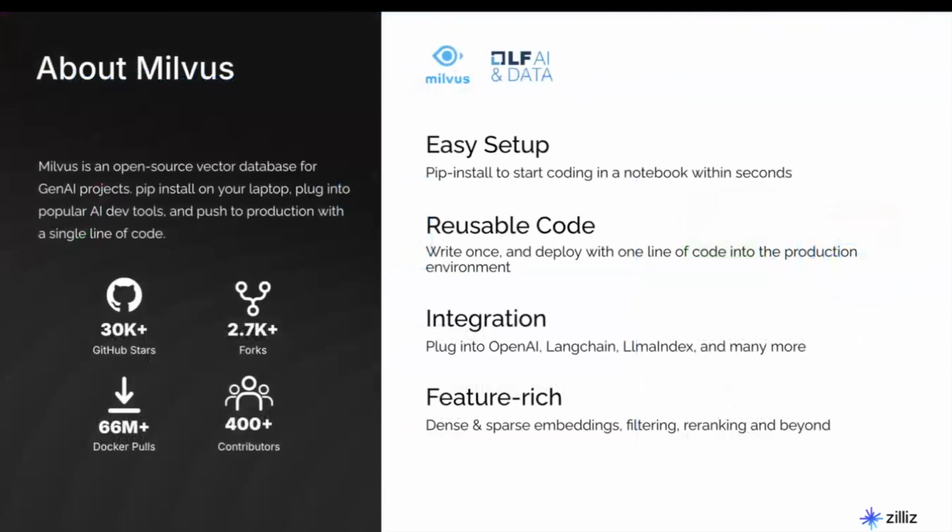Well, this is where a vector database comes in. And so I wanted to tell you about Milvus. That's the open source vector database that Zilliz produces, now controlled by the Linux Foundation for AI and Data. It's an open source vector database that meets these challenges, so you don't have to worry about how to index and search all of these embeddings. You can just put them into your vector database and request a similarity search be performed.